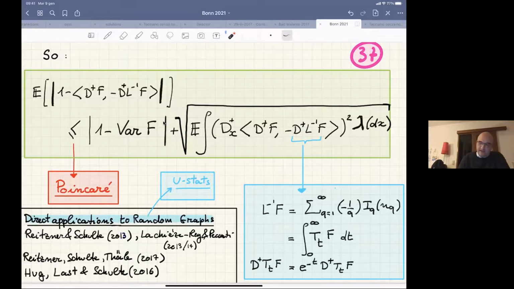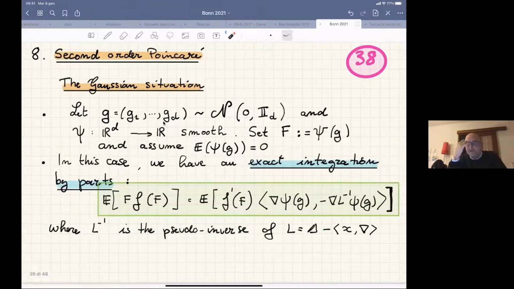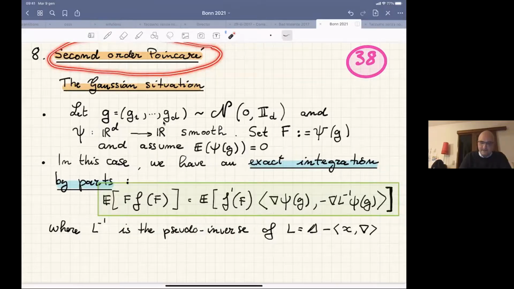And so one can actually do this, and one can develop quite a nice collection of results by taking inspiration from what happens on the Gaussian space. And so I would like therefore to discuss this theme, which is the notion of a second order Poincaré inequality, by first describing quickly to you what happens on the Gaussian space, and then by telling you what happens on the Poisson space. So the Gaussian situation is related to a paper from 2009, once again by Sourav Chatterjee,